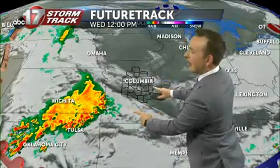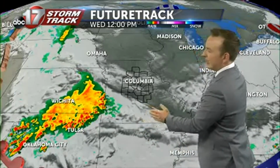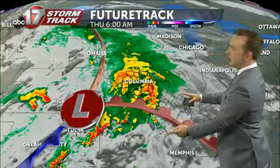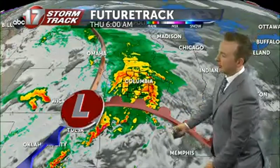That is out ahead of our next round of rain that comes in Wednesday afternoon. That rain Wednesday afternoon, likely mostly showers. Can't rule out a few rumbles of thunder, especially towards the south, but our better chance for rain comes during the overnight hours with this next push out ahead of this warm front. This warm front really going to be, I think, the source of a few stronger storms later in the day